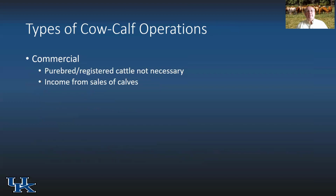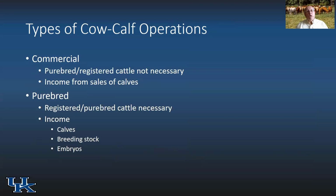There are at least two types of cow-calf operations, not spring and fall, but we'll talk about commercial, where purebred or registered cattle are not necessary, and where the income comes from the sale of calves. Or purebred, where registered or purebred cattle are necessary, and the income can come from calves, from the sale of breeding stock, and in more sophisticated situations, the sale of embryos that may be transplanted into cows that are called recips,